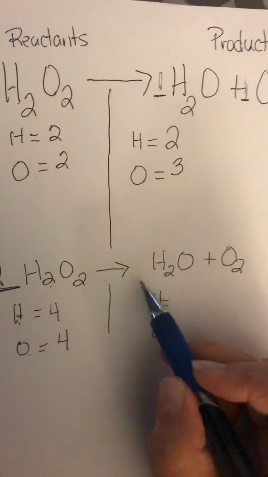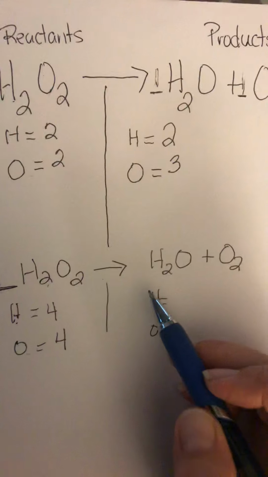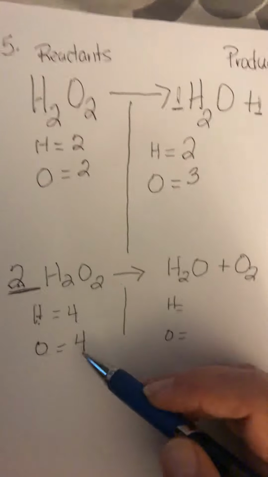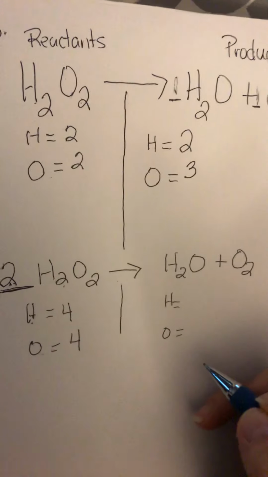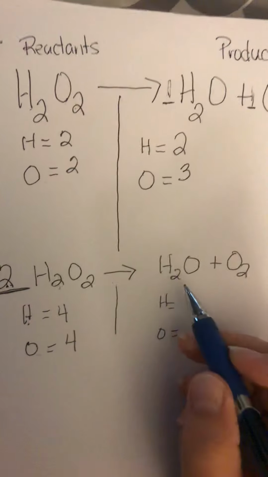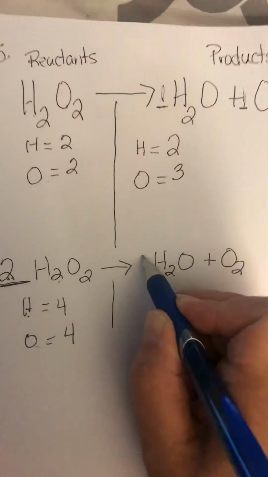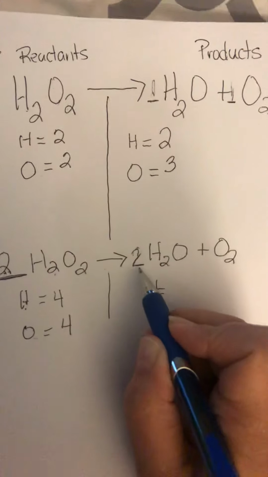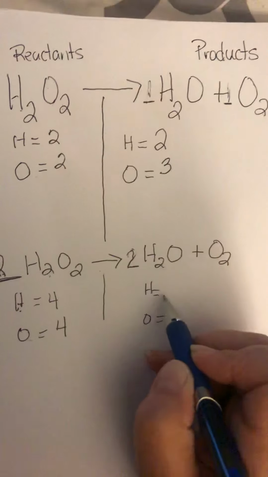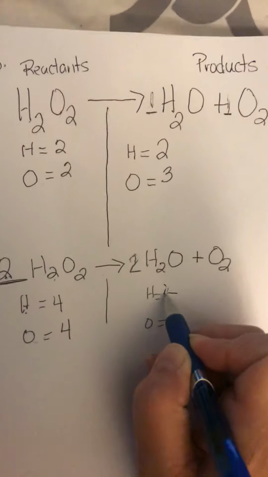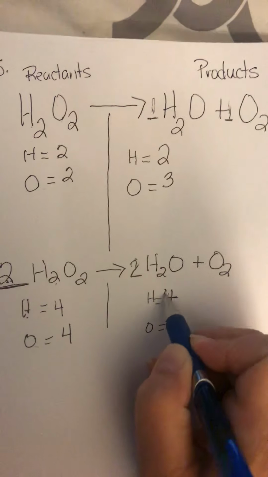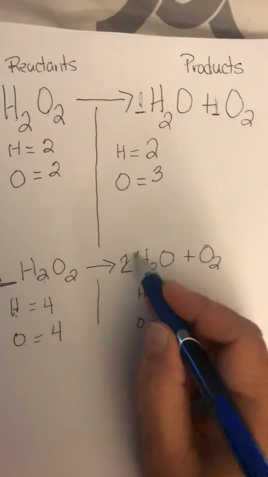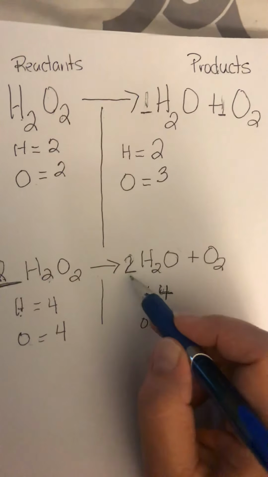So how could I manipulate coefficients here in order to do the same thing to give me a balanced equation? Well, since I've got 4 hydrogen here, I'm going to start right here, and I'm going to make my coefficient on this side 2. So I'm randomly choosing 2. But I know 2 times 2 is going to give me 4, so I can go ahead already and say I've got 4 hydrogen, right? And since this is a molecule not separated by a plus sign, I know I got to take this 2